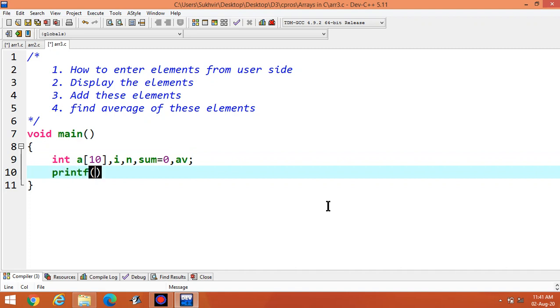Then printf, enter how many elements, or you can write enter the count of elements. Enter the count less than 10.